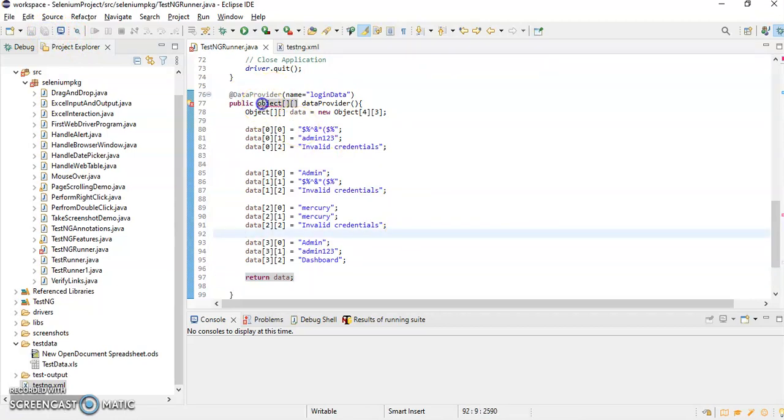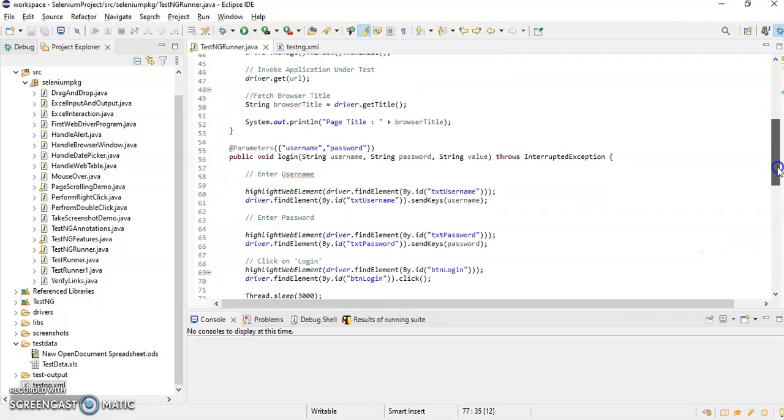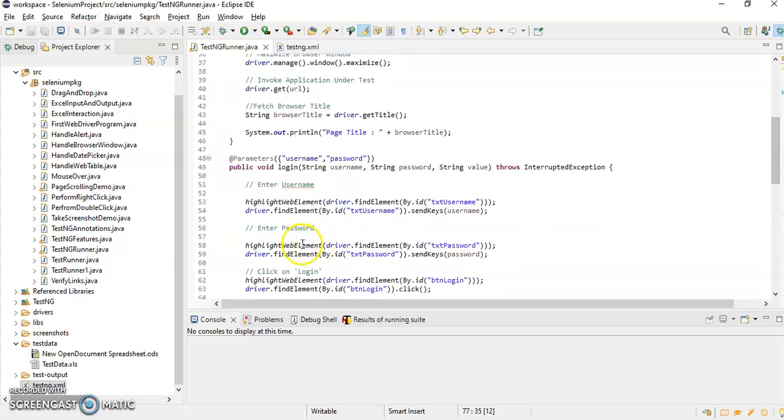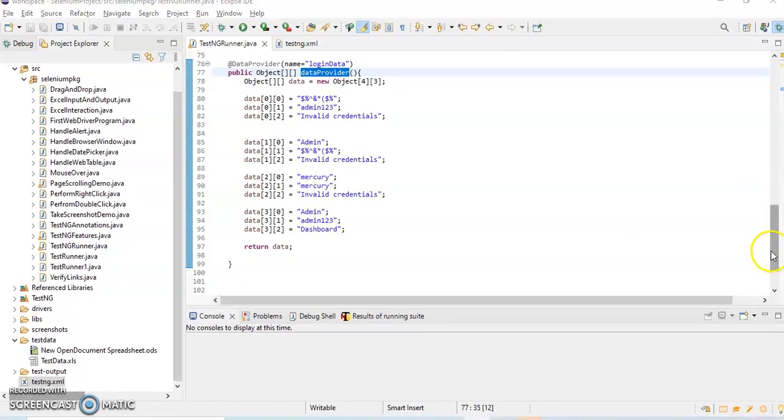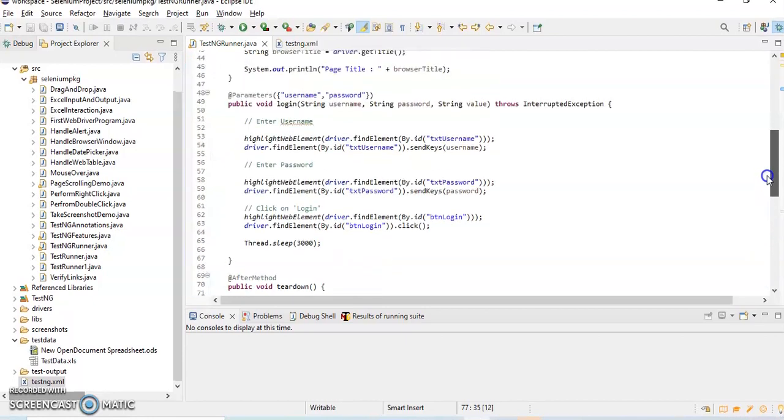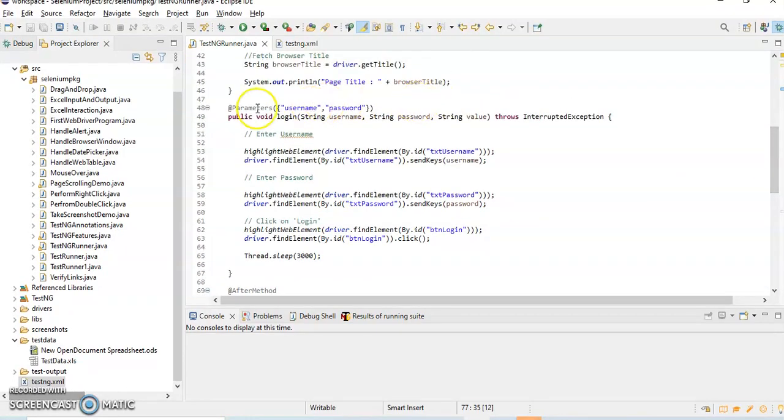So this has to be object. Okay, so now if you see, this function is going to provide test data to the login test method. Okay, but now how login method will get to know that it has to take the test data from this function? Okay, so for that what we have to do is, I will comment this out.